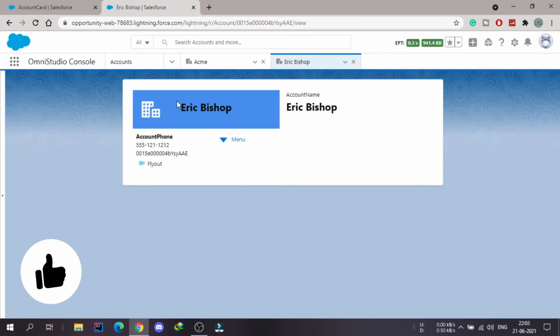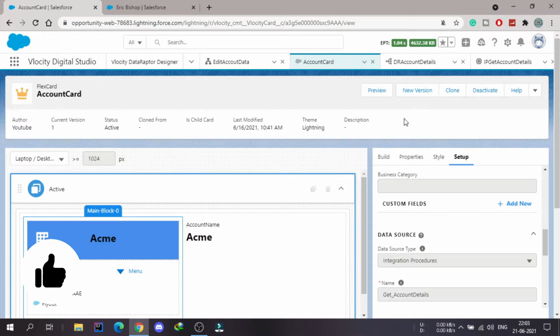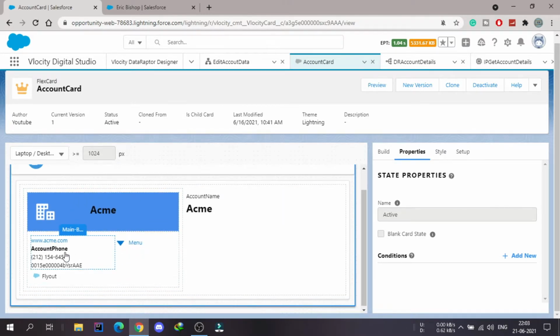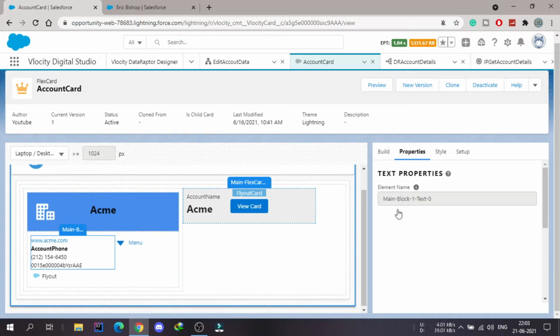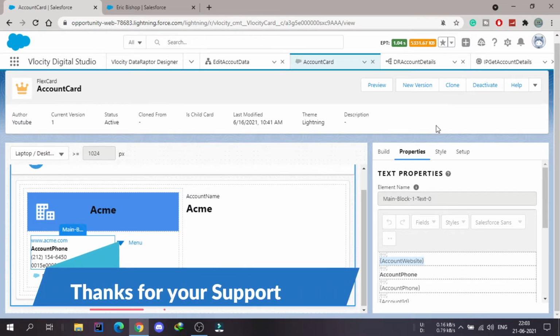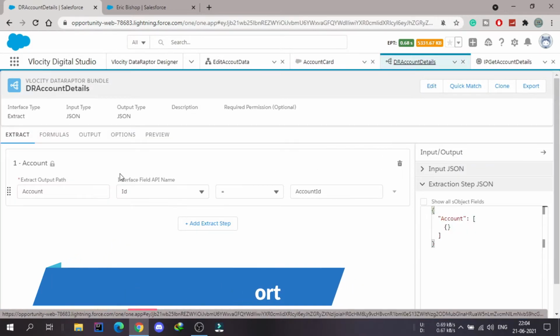Let's go back to the card and understand the full flow, like how things are working. Initially we created a card where we were using text fields, and inside those text fields we were using the node name. You can see account website, account phone, account ID; these are the nodes which we are getting from the data raptor.